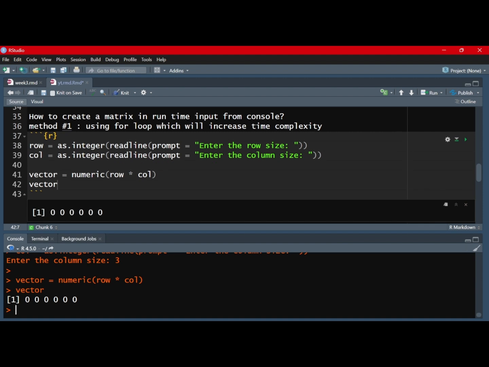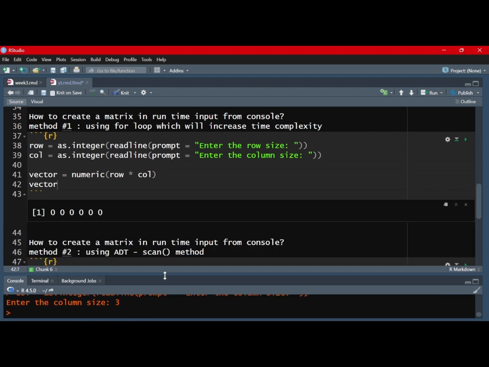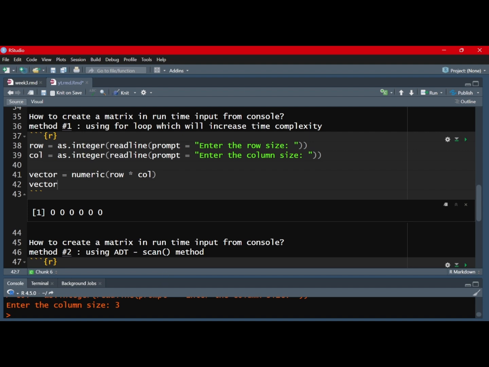Yes, now it is correct, because maybe there was some iteration since I used sequential execution. I did the sequential execution by explicitly pressing control enter. So that may be the reason. The column may take the input 2 times, so that's why the size of this vector became 9. Okay, and now you can see that there are only 6 elements in this vector,